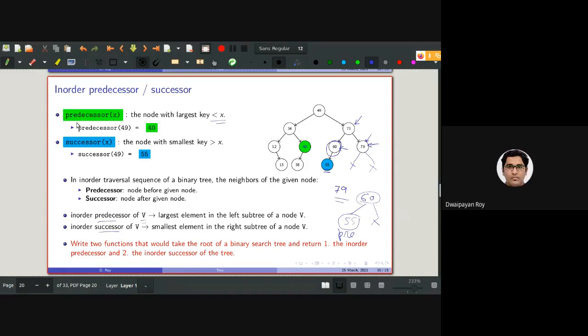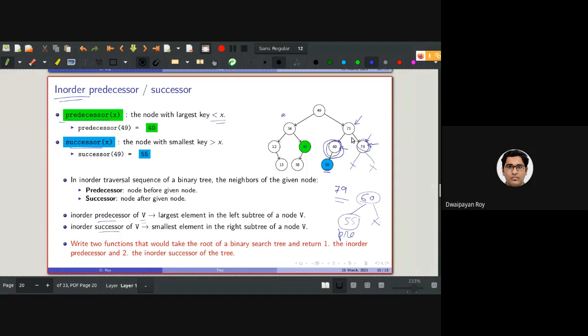No. So to save some space, I have written this, because if I write "in order" here, this text would come up to this, and this tree was kind of not visible that much. So that's why I just wrote predecessor and successor here. These are basically in-order predecessor and in-order successor. So for 73, 79 will be the in-order successor, and 60 will be the in-order predecessor.